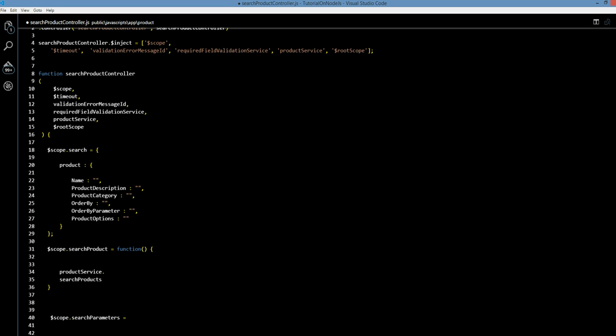And then into this we need to pass the product information because the user might be selecting name or description or the category. So we're going to pass scope search product. Whatever the user selects, the whole domain object we're going to pass through the service, right? And then on this we're going to have